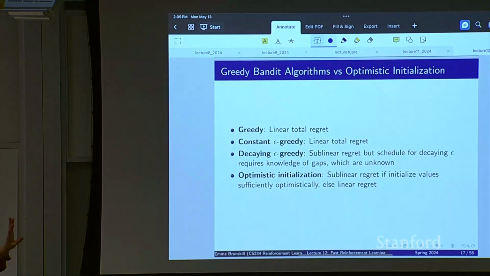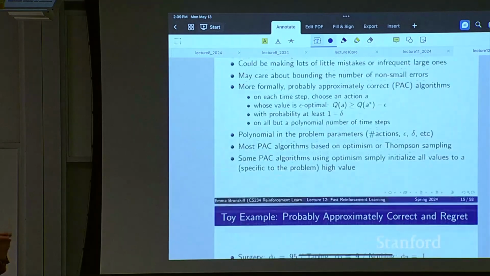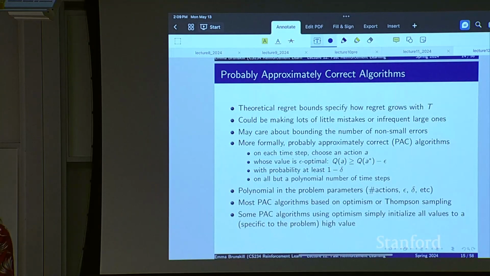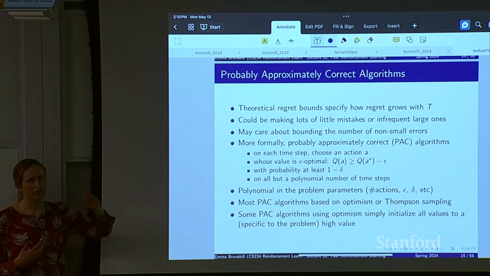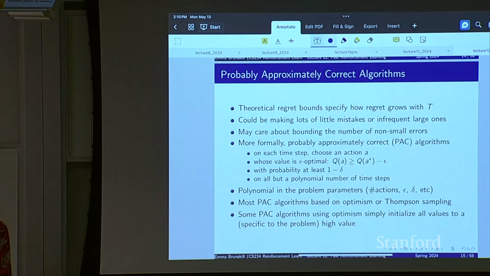And I guess I'll just say too, you can convert these results into... so epsilon greedy is not a PAC algorithm, but you can think about different types of other exploration strategies and whether or not they're PAC. And we'll get back into those soon.